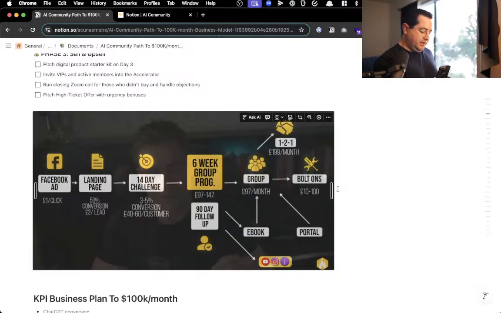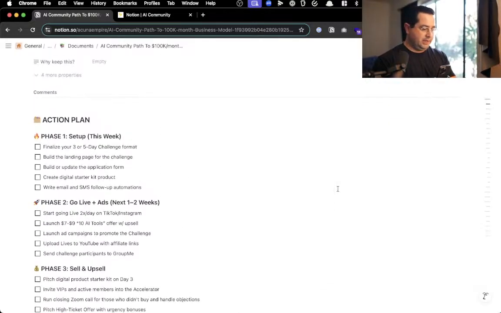Eventually all of this is going to run on autopilot, which is super nice. Once it's dialed in, and it's going to take about 90 days to get dialed in, then it's just going to enroll people on autopilot every single week, and all I have to do is spend money on ads, and I don't have to create content. Isn't that nice? That's the real hack. A lot of people are like, how do I create more content? It's like, nah, how do you build a funnel where, if you run ads, you can get leads and sales every single week for your business on autopilot, so you don't have to create content? Isn't that nice?